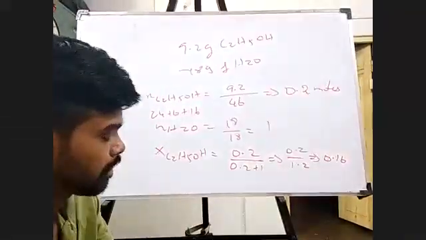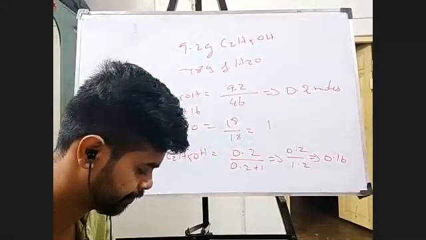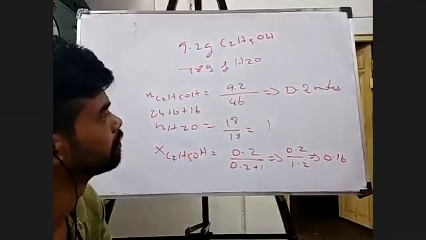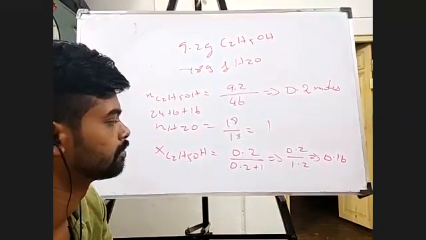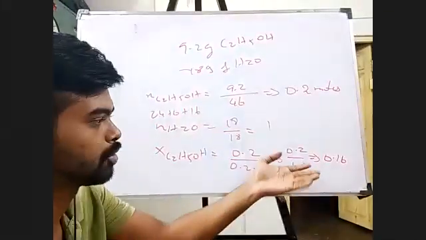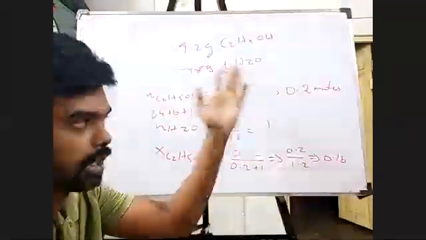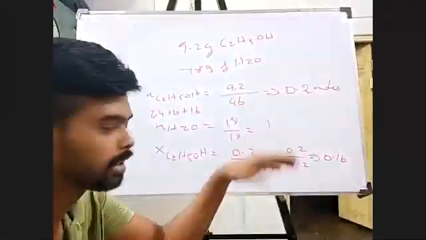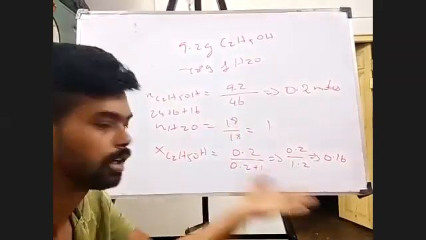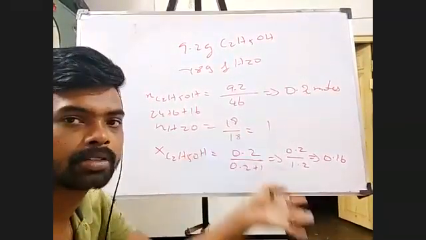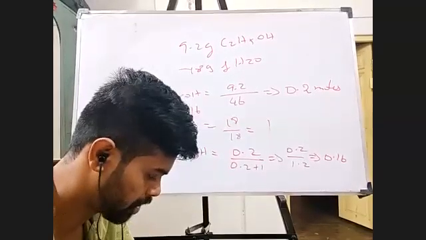If you've taken this down, I can give you the next question. It's just formula substitution. I have to use two formulas. First, find the number of moles using given mass by molecular mass, and find the mole fraction by the number of moles of ethanol by the total number of moles, that is, the number of moles of ethanol plus the number of moles of water. That's it. Okay, next question.